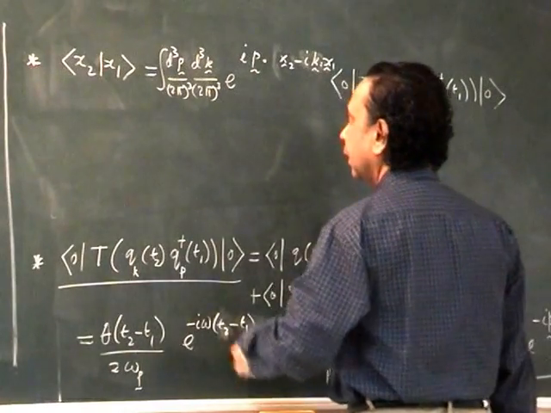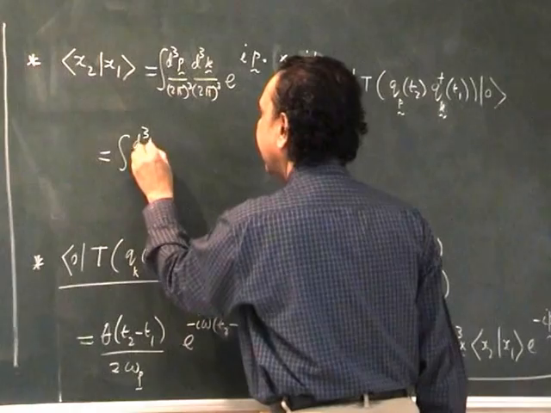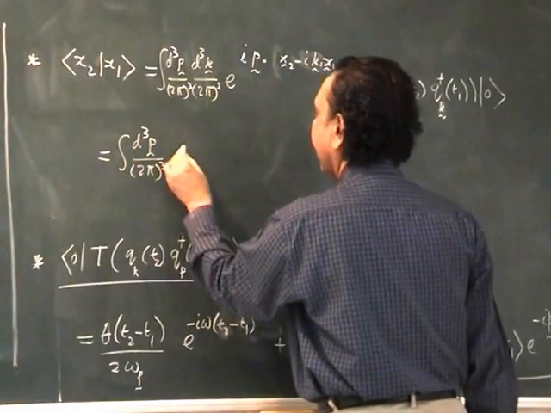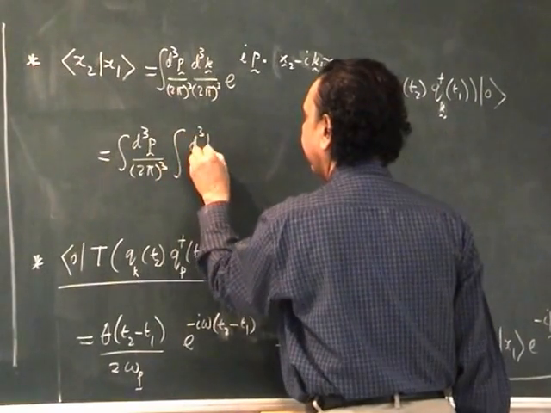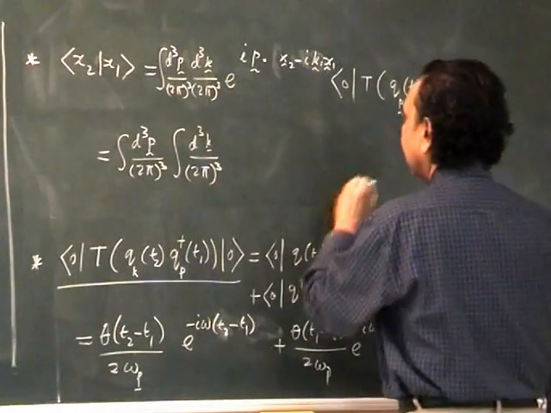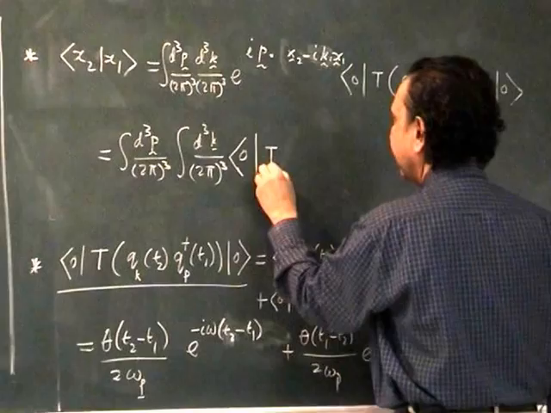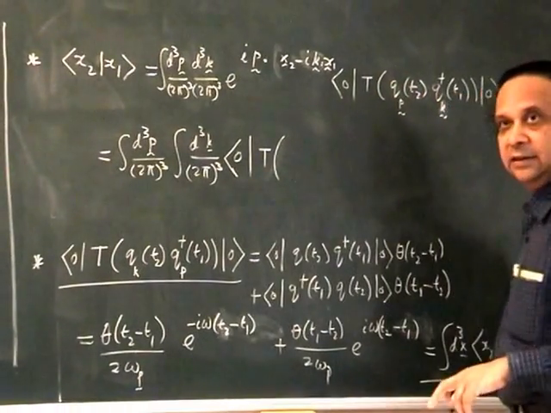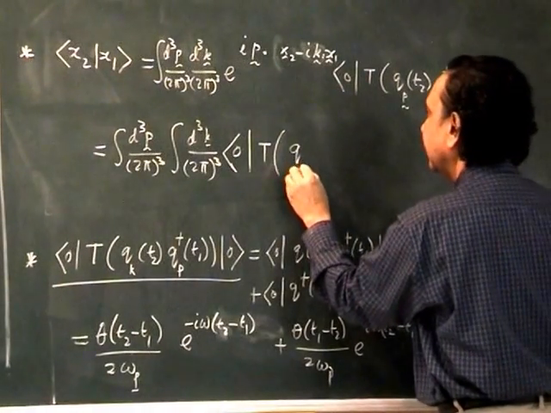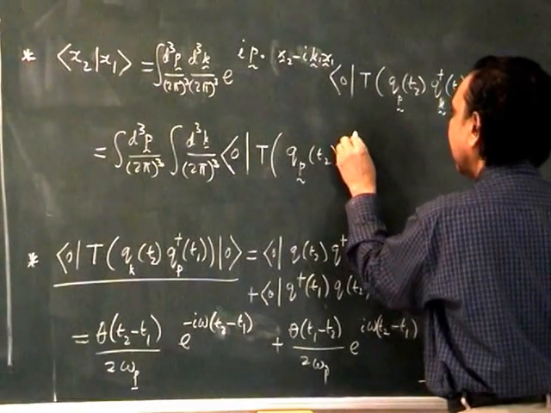So what we will do is to say that this is equal to the integral over d3p upon (2 pi) the whole cube, integral over d3k upon (2 pi) the whole cube, ground state expectation value of the oscillators, time ordered product, all this is as it is. I am going to take this and put it here. So I have qp at t2 e to the ip